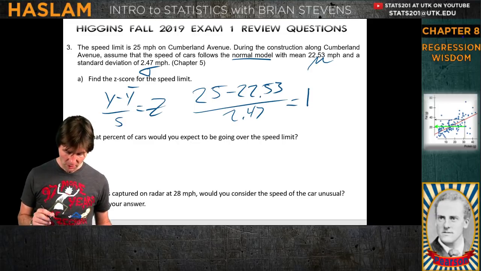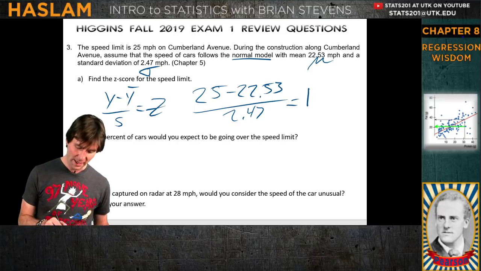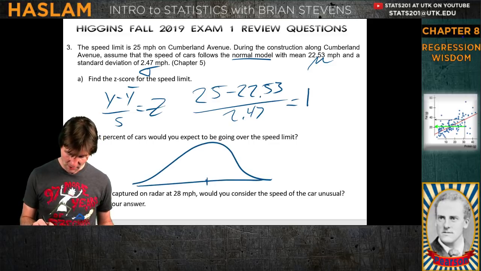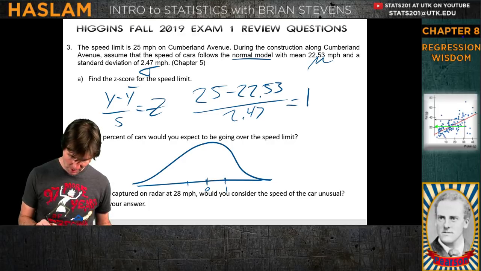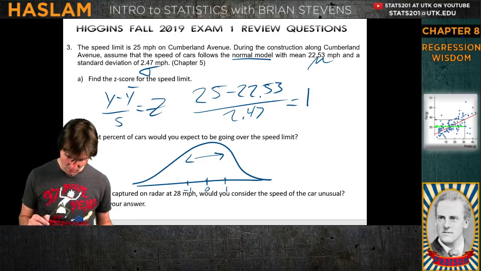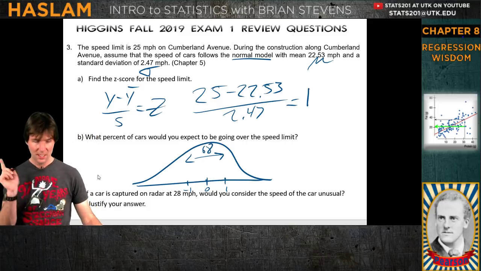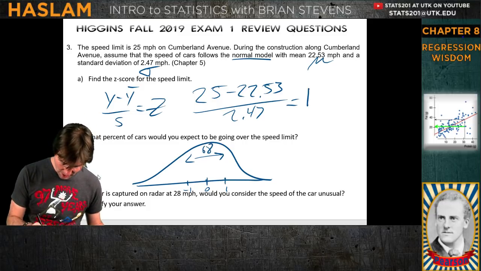So what percent of cars would you expect to be going over the speed limit? Oh, nice. Perfect. Let's just put right here the z-score of it. What percent of cars would we expect to go over the speed limit? This is an amazing question. I get excited when we get to use the 68, 95, 99.7 rule, because in between -1 and +1 is 68% of the data. Nice job, Adriana, already getting it right here because we're doing the outside trick again.